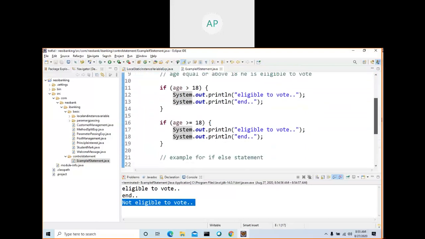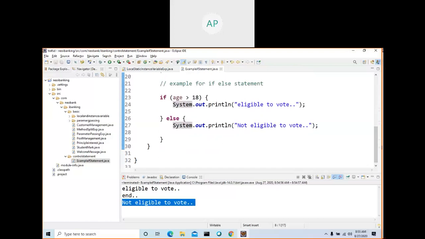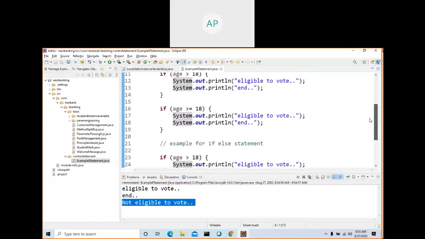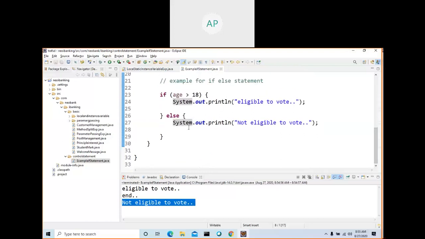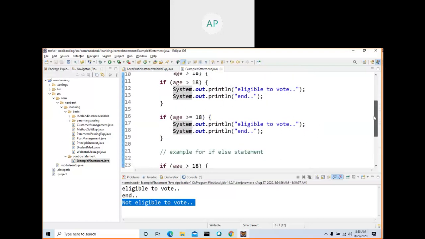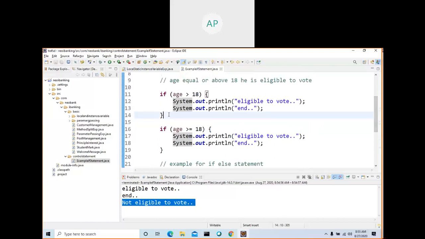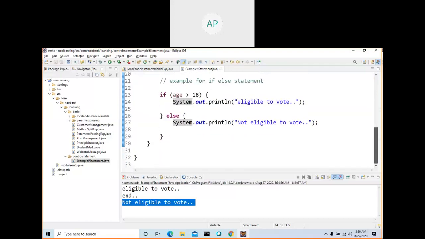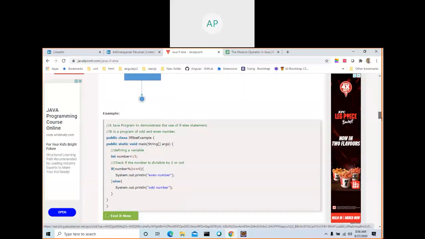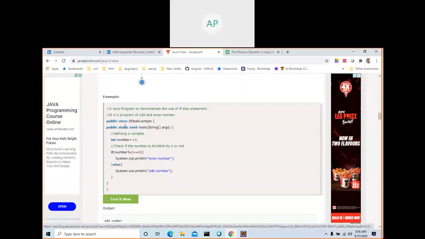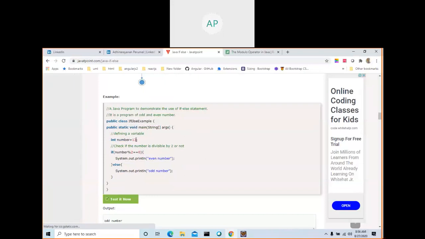So now at this point of time, you should be able to understand what we are doing. We are trying to learn control statements. What are the three control statements that we learned? If, else, if else. Same way here also we can add else, it will work. Okay, eligible, this one. Now we learned two things.